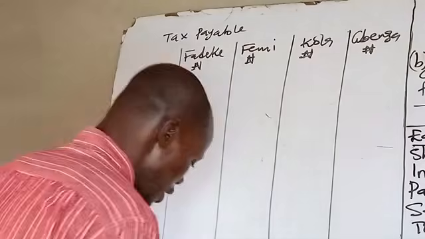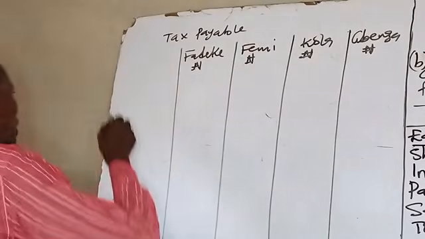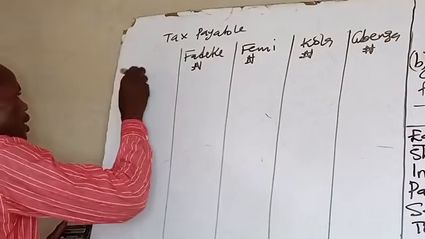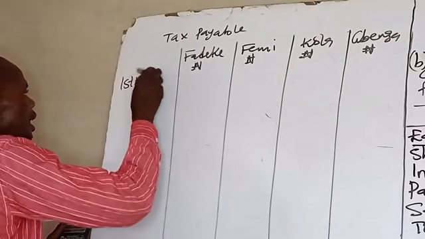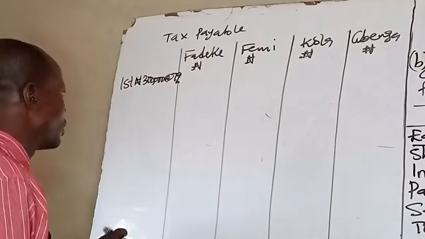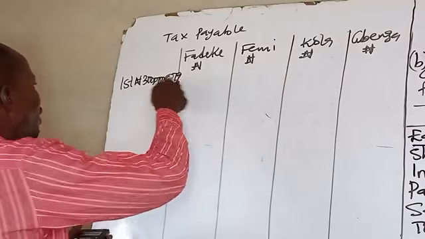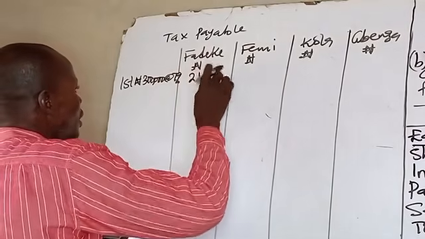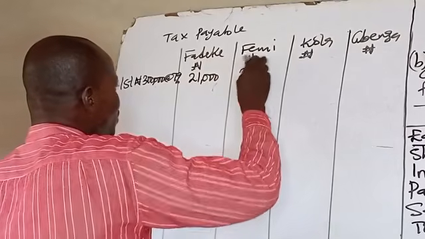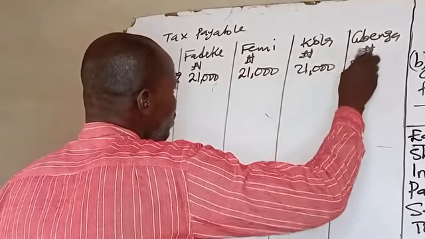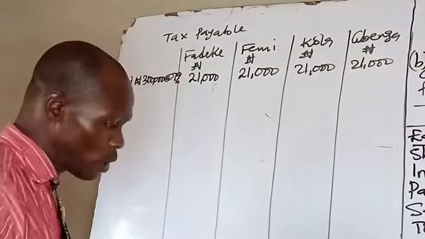So, first 300,000 naira will be taxed at 7% based on the tax table. 7% of 300,000, that is 21,000. Remember, the chargeable income of each of the partners is